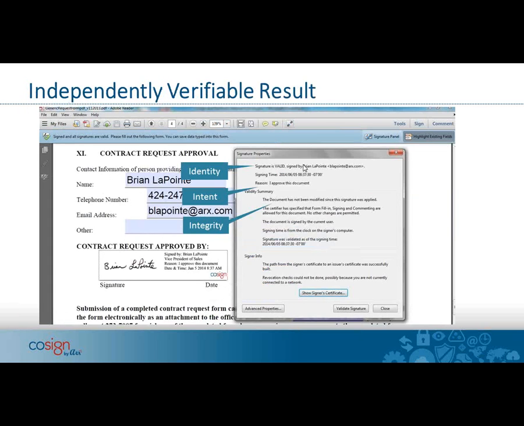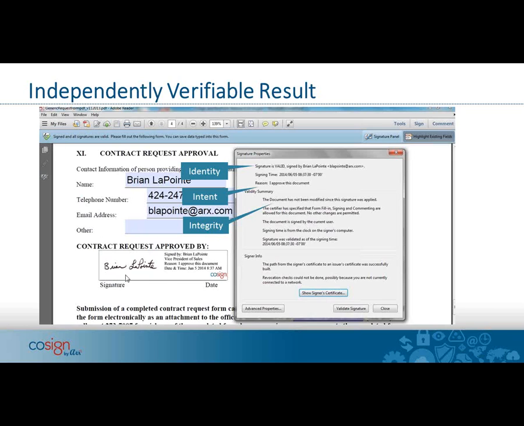And then here's the important thing about a digital signature. After a document's been signed, using Cosign or any other essentially digital signature system you may have, it embeds this information, the signature, into the document. So when you open up Adobe Reader, and that's what this is an example of, and again, this is the no cost or the free version, Adobe Reader. It's not Acrobat, where you have to have a paid license. But here you have a free license to read documents. It supports digital signatures, and so the first thing you see when you open it up is this green check mark in the upper left-hand corner. And what is this telling you? It's telling you that nothing has changed on this document since it's been signed.